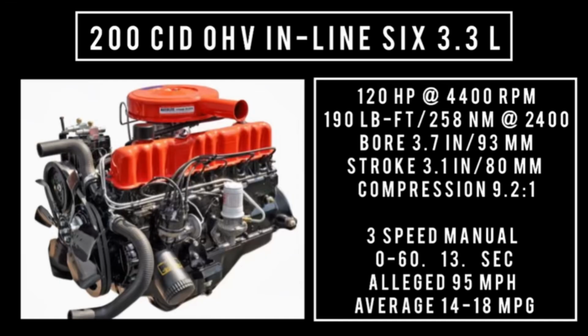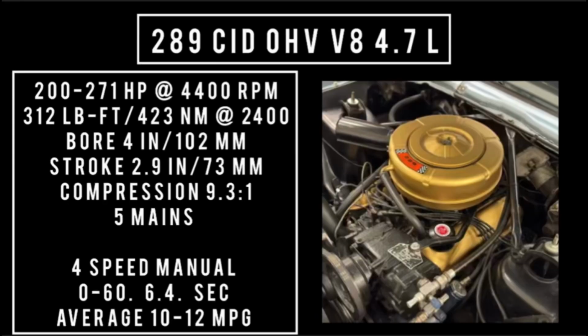Moving on to the first V8 option. 289 cubic inch displacement, V8, 4.7 liters. It could be had in 3 different flavors: 200, 225, and the Hypo that produced 271 horsepower at 4,400 RPM. It could make up to 312 pound-feet or 423 newton meters around 2,400 RPM with a bore of 4 inches and a stroke of 2.9 inches. Compression was 9.3 to 1 with 5 main bearings. When backed with the Hypo 271 horsepower version, backed with a 4-speed manual transmission, 0 to 60 could be had in 6.4 seconds, which is